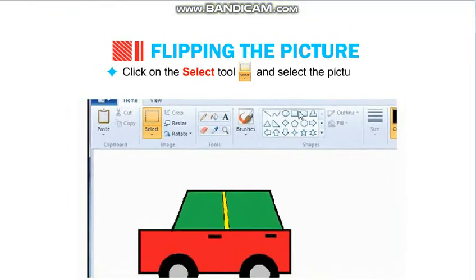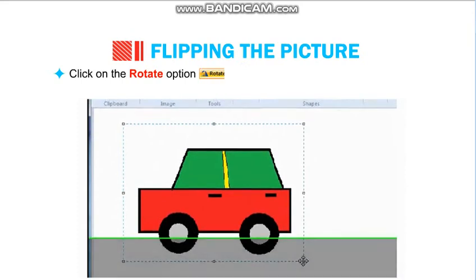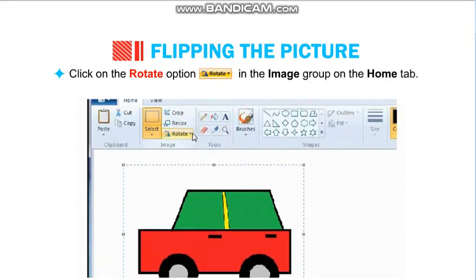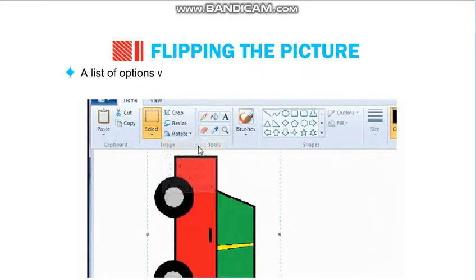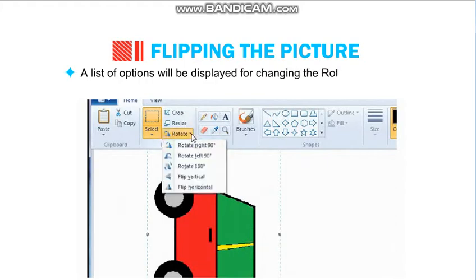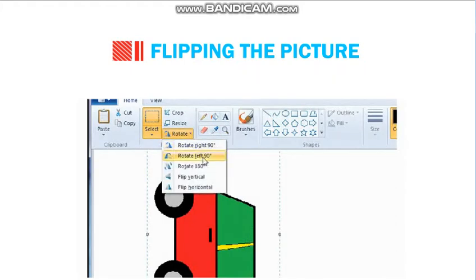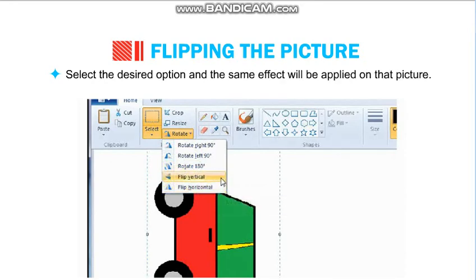Click on the select tool, then the rotate option. You can rotate it by 90 degrees. It has rotated. Flip vertical or flip horizontal.